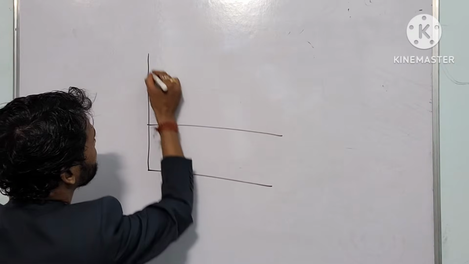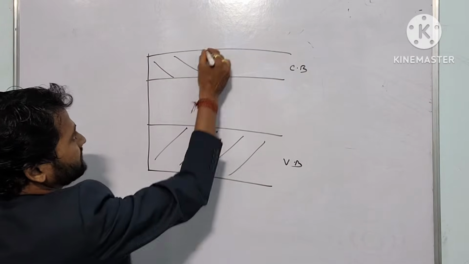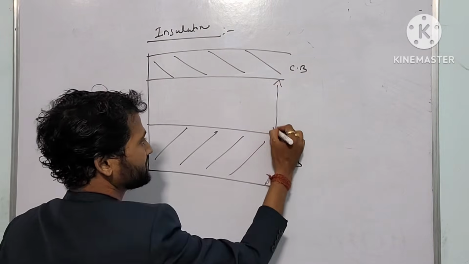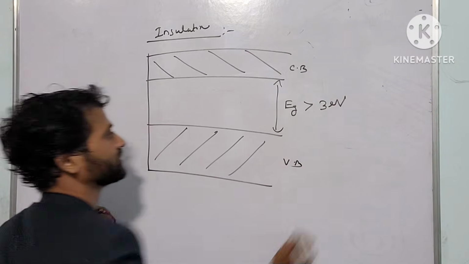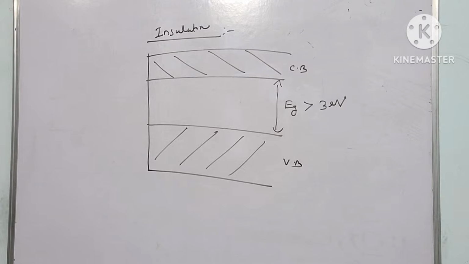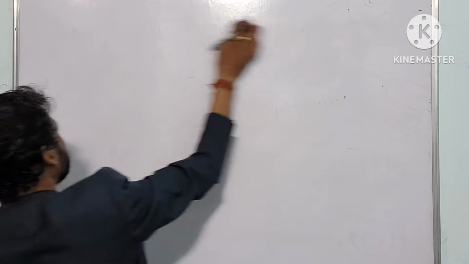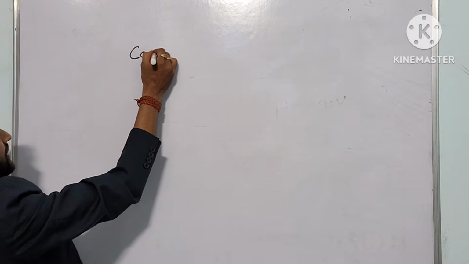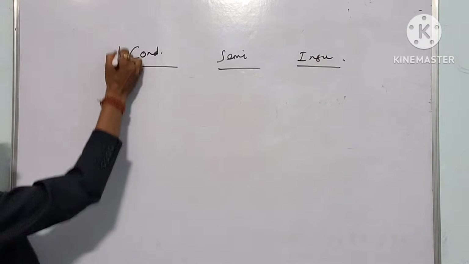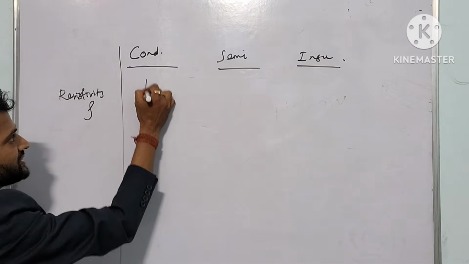ये हो गया कंडक्शन बैंड, ये वैलेंस बैंड। ये जो आपका गैप होगा, I am talking about insulator। इंसुलेटर में energy gap is more than 3 electron volt, ओके, it is clear। So on the basis of conductivity, resistivity, resistance, conductance, also we can classify conductor, insulator and semiconductor। ये कंडक्टर, ये हो गया सेमीकंडक्टर, ये इंसुलेटर, राइट।